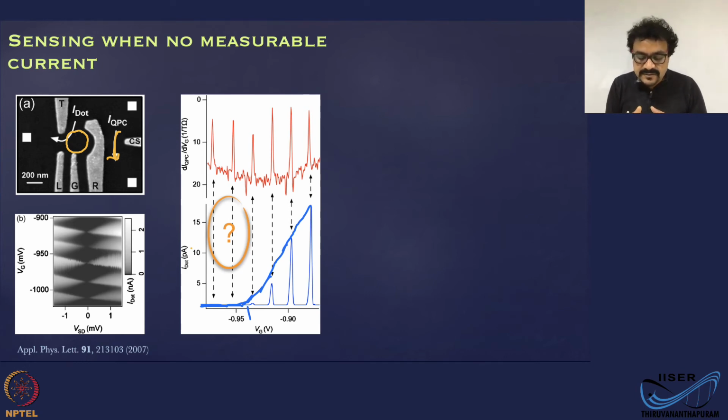Okay, using the charge sensor, where any of the available techniques to measure the current by current sensing fails. So in this region, though we are tempted to believe that there are no electrons, as per this data, there are plenty of electrons still in the dot, and the dot is not at all empty. And we are not in the one electron regime yet. Okay. That is another example where the charge sensor is crucial to characterize the dot.